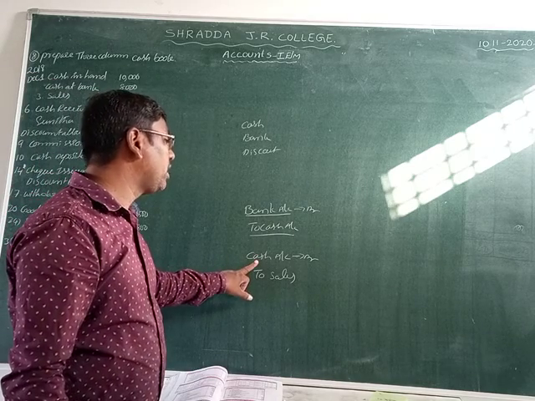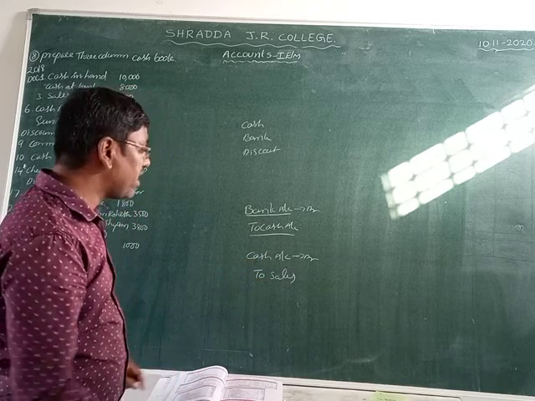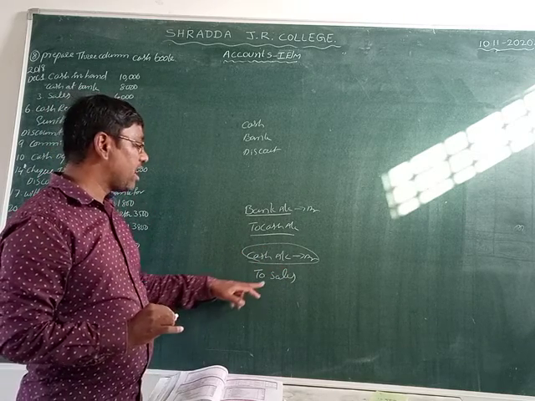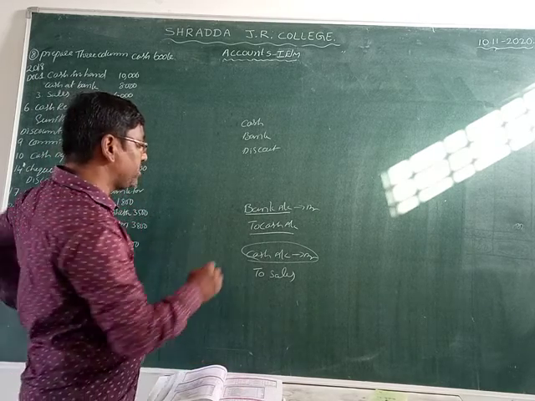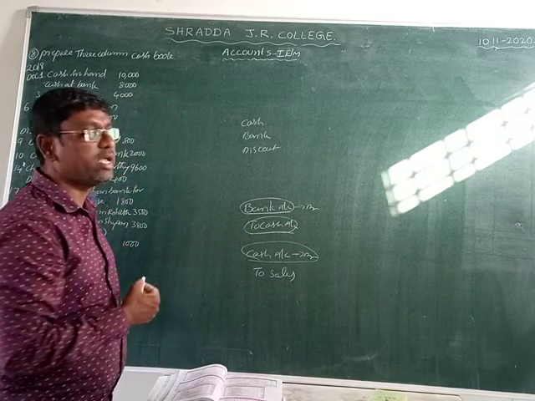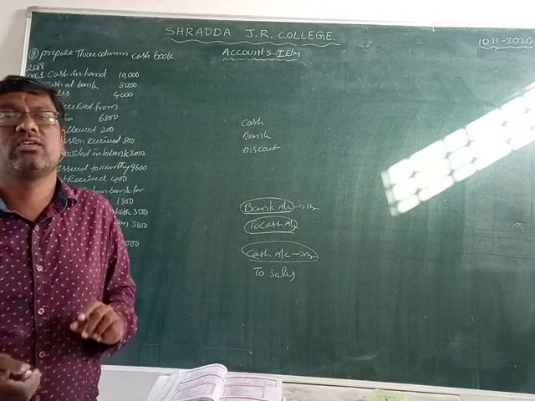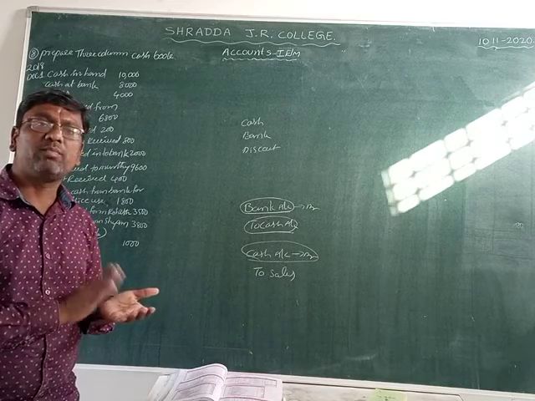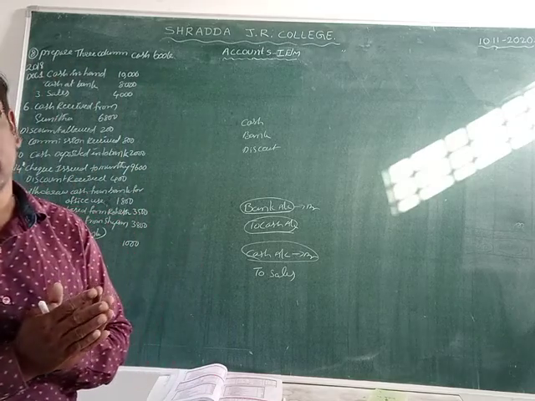Here we are recording only the cash account, not the sales account. That's why we take only one debit here and no credit, because it is a sale and we are not recording the sales account. In the other case there is a debit to the bank account and a credit to the cash account. Both are recorded, bank account and cash account. That's why this type of transaction is recorded as a contra entry, whether we deposit into the bank or withdraw from the bank.